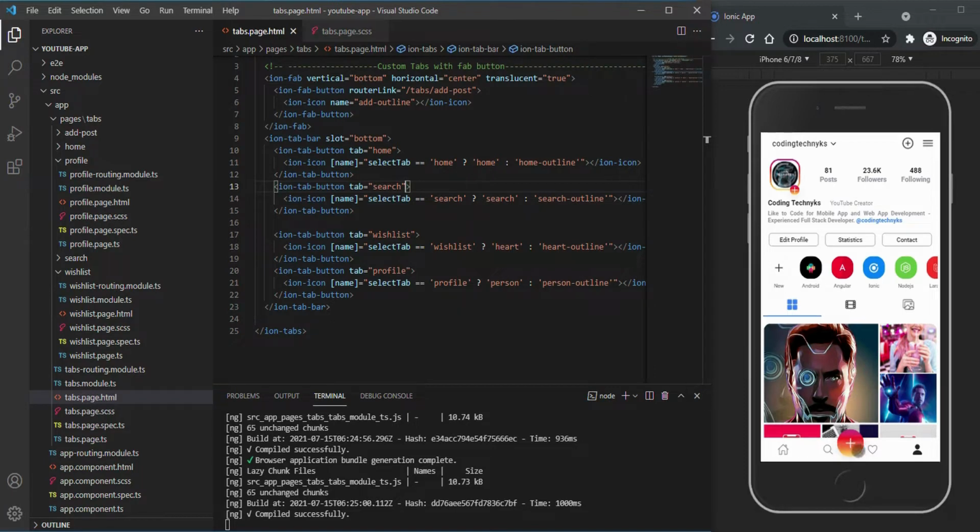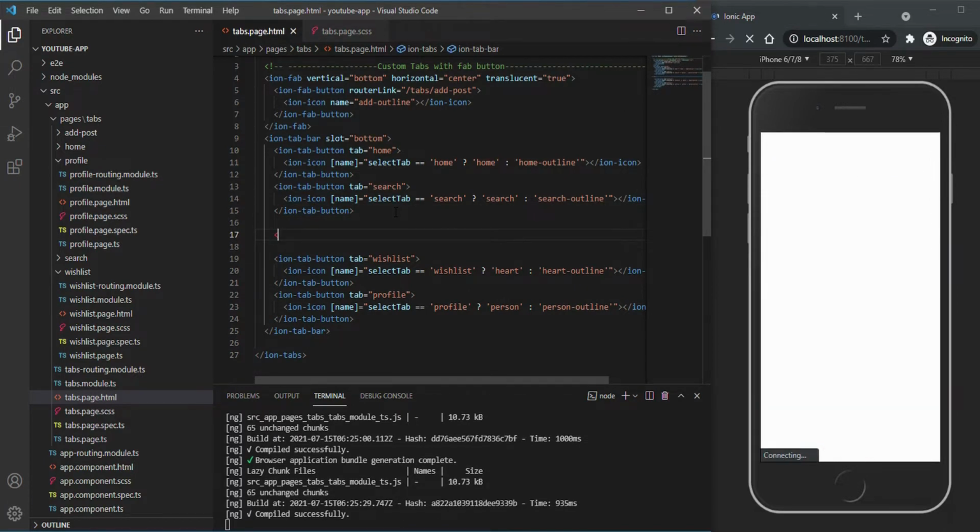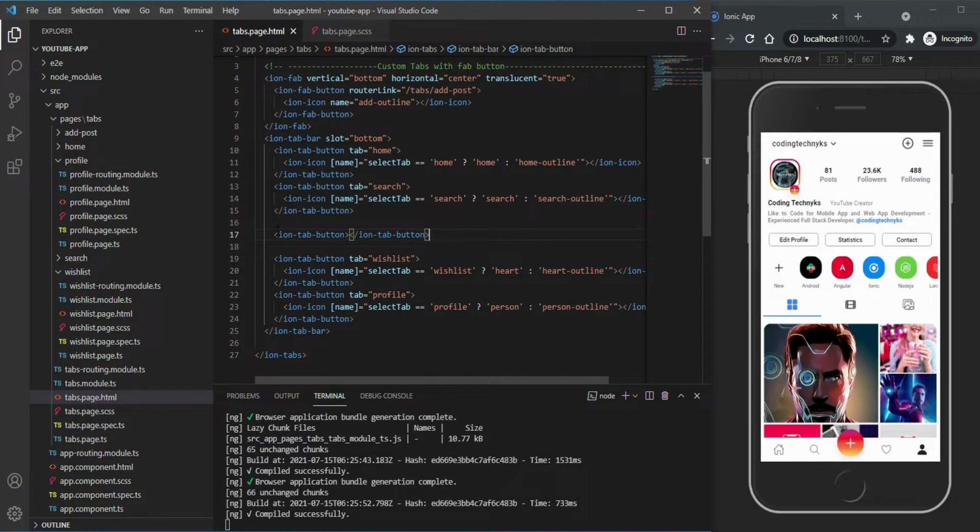Now you can see the design is okay, but it is not up to the mark. We need some spacing here, and I don't want to do it manually. So I'll use a simple method for resolving this problem: have another ion-tab-button after the search one. I'll add an ion-tab-button in this manner. As soon as I add the ion-tab-button, an extra spacing comes up, right?